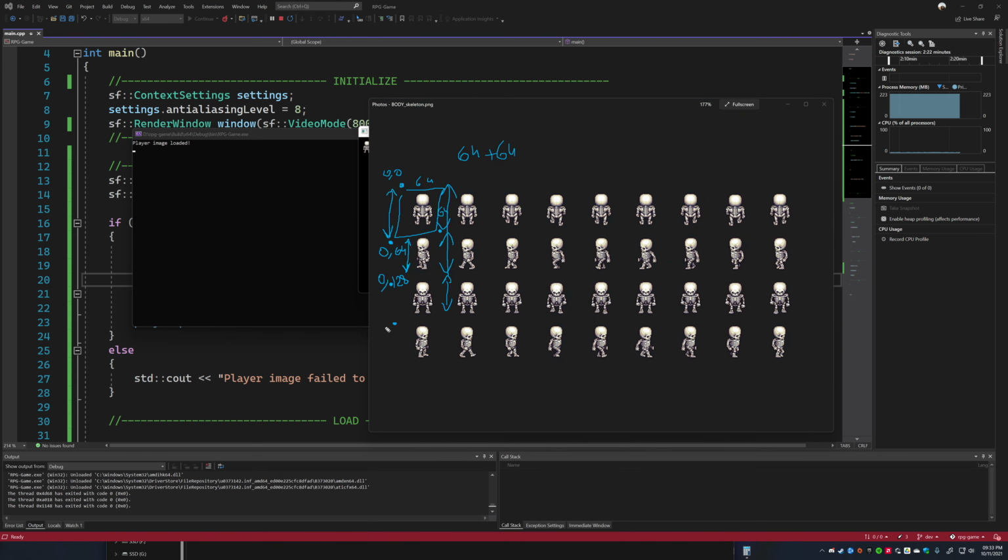So now this is 0, 192. What about this dot over here? Again, add another 64, but this would be the end of my image. So 0, 256.